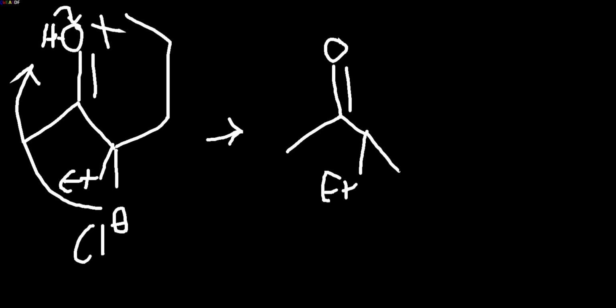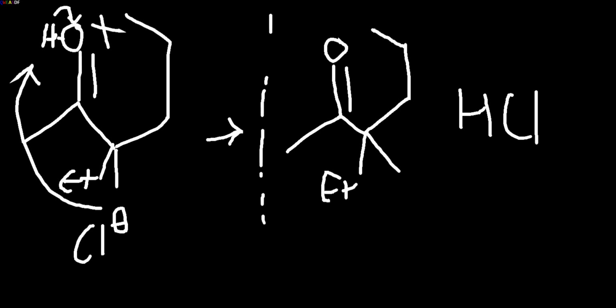So we have our ethyl here, that's the methyl, and we have our original final bit of the hexane chain. And our side product is going to be hydrochloric acid, and